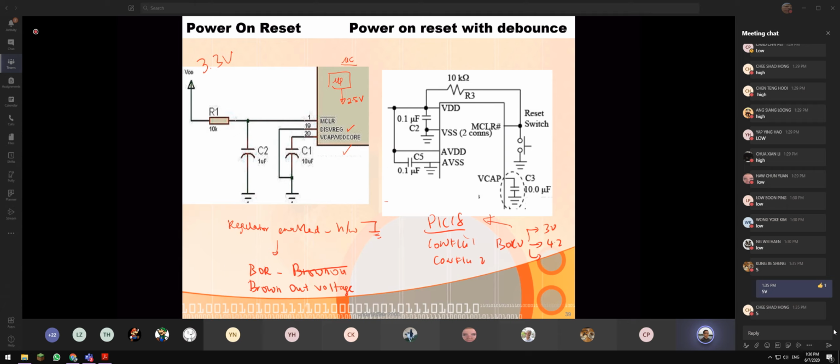However, for PIC24, you're not allowed to do this. The BOR is automatically set to 2.5 volt. Why 2.5? BOR is just to allow you as a user to set